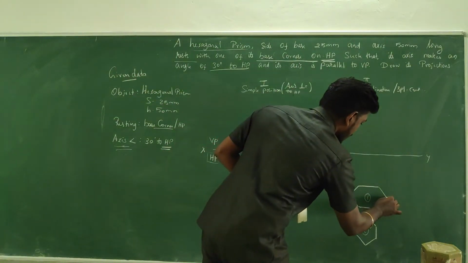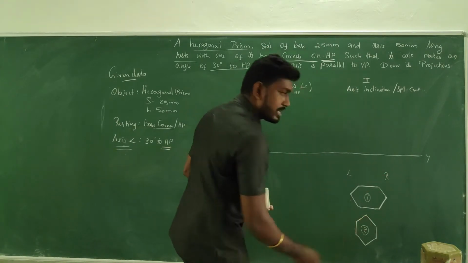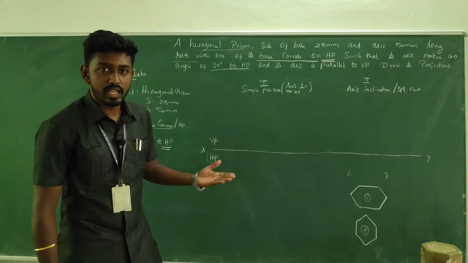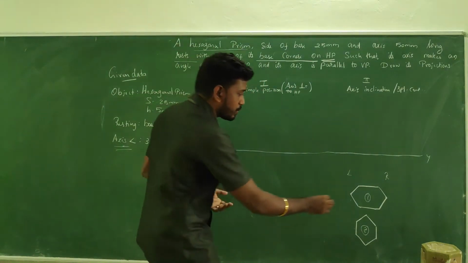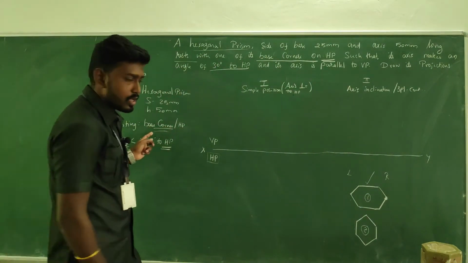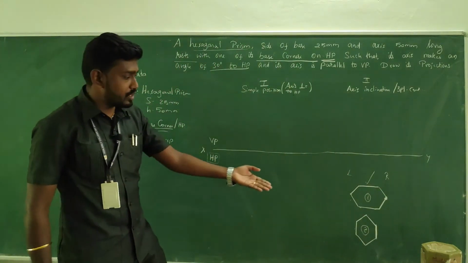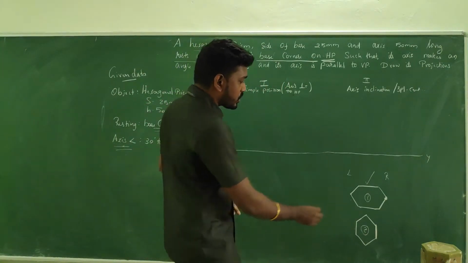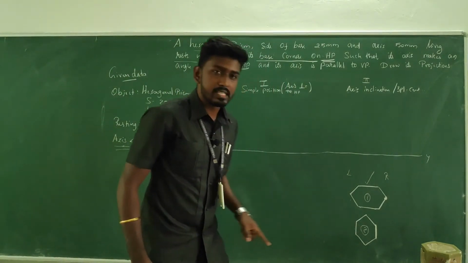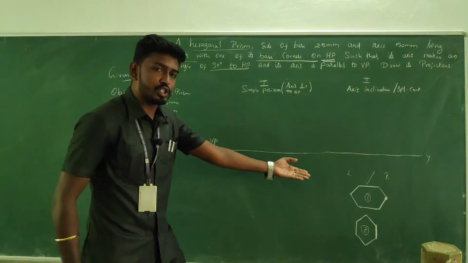So as far as here in the first condition, see, this is the right and this is the left. In which position, either the first or second, is the corner coming at the right? In the first position, the corner is being kept at the right. In the second position, the base edge is kept at the right. So the first condition is right for this question. If it is an edge, we have to go with the second one. Fine, so we are going with the first case, first position, right?